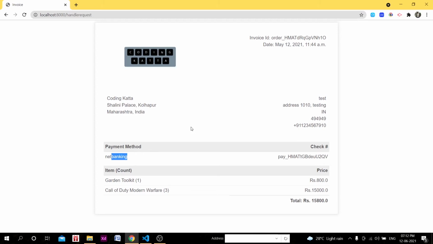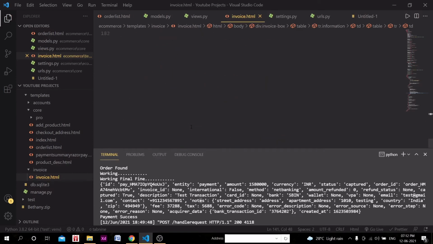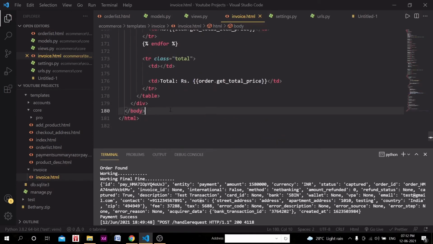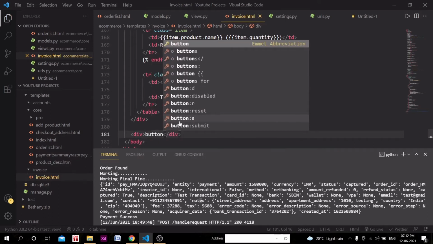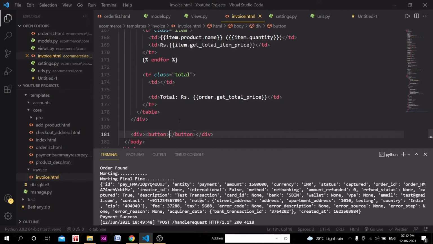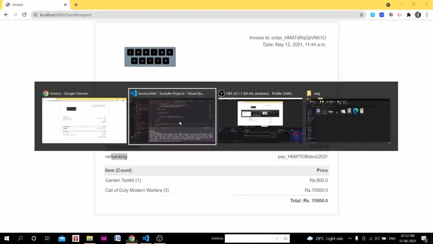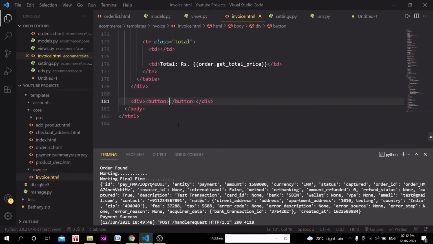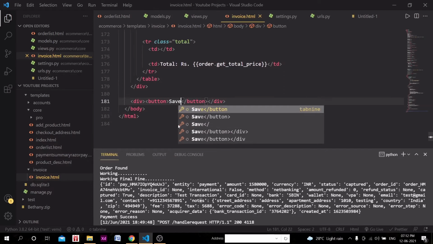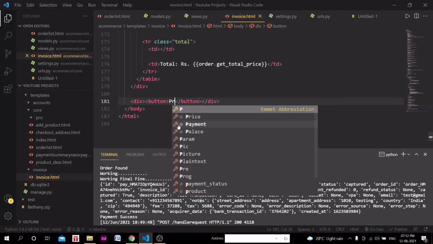Okay, and if we want, what we can do at last, in the body in the div section, above the body section we can add one button, right? So we can add this button with some on click functionality. We can simply name it... I don't think it's a bootstrap. Okay, so bootstrap is not here, but let's see, button is there. So save PDF, right? Or we can add the print.